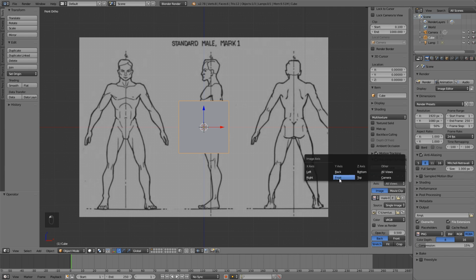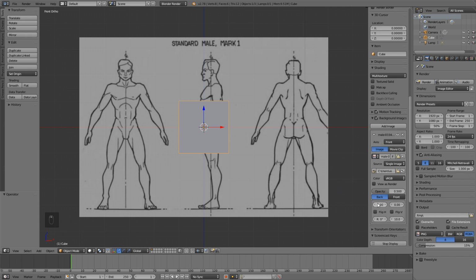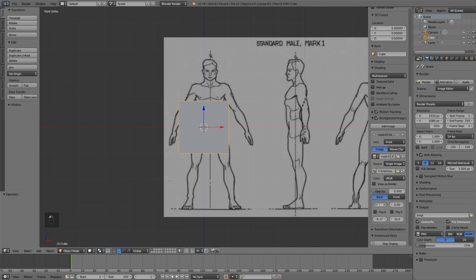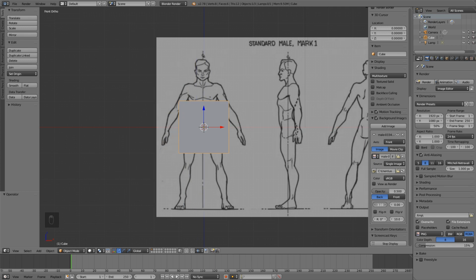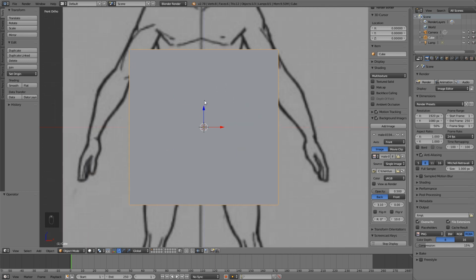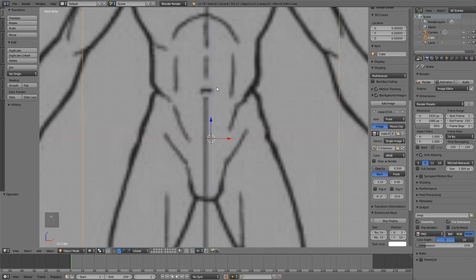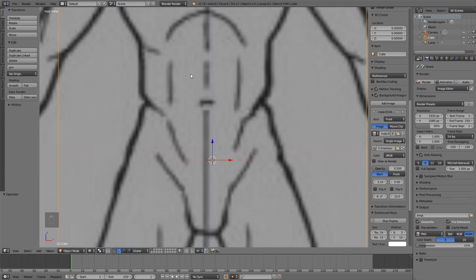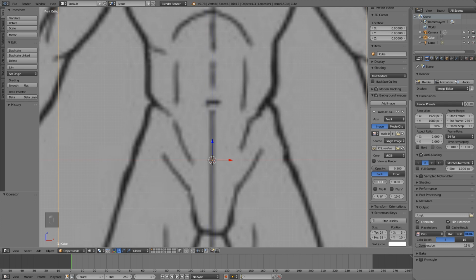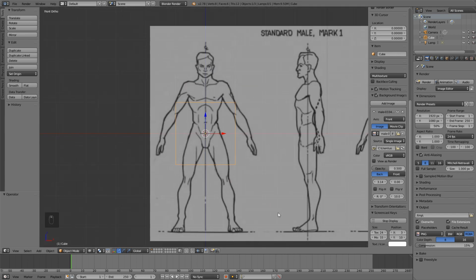So we'll just go and set this to be just on the front view, and then we'll line up this blue center line with the center line that's on the reference by clicking and dragging on this box here. So that gets it pretty close. If we zoom in and just press Z to go into wireframe mode to see through that box, and if I hold shift and then left click on here, it allows me to fine tune that movement and get smaller degrees of movement as I slide my mouse around. That gives me a pretty good image